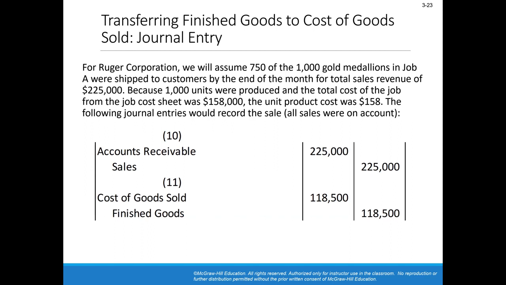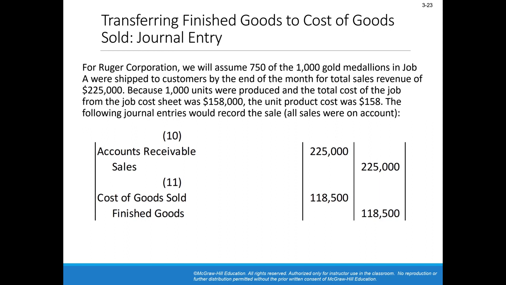So remember, we sold it for 225. So we have to record that. It doesn't tell us that we collected the cash. It's just assuming that it's on account, because it doesn't say we collected the cash. It may say that they bought it on credit. It may say that they bought it on cash. If they say they bought it on cash, obviously you're receiving cash in, so you want to debit the cash account. That's your asset. That's your debit account. If it doesn't tell you that they paid cash, it might say they paid on account, or it doesn't really specify here, you want to go ahead and go to